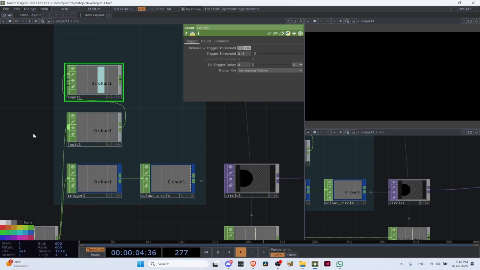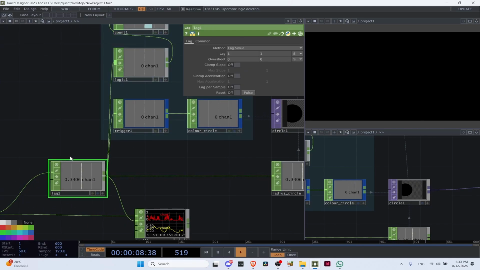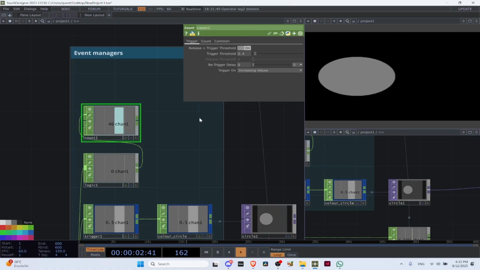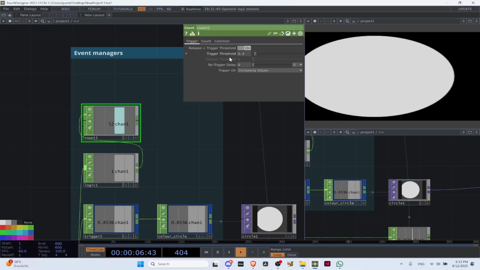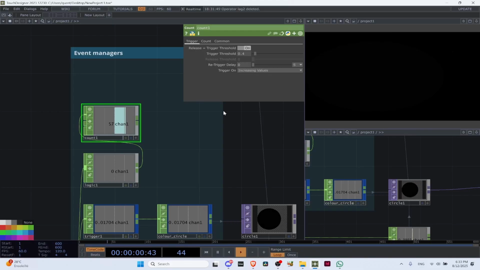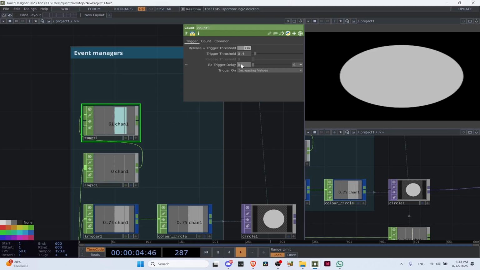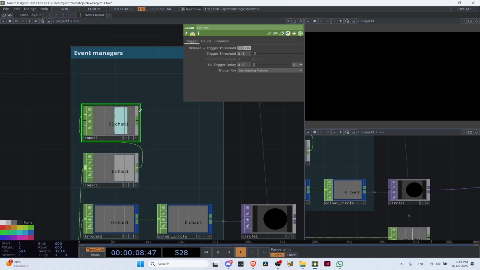Maybe I don't want to be triggered every time. If, for example, in less than a second I go above 0.4 two times, I don't want it to count as 1. Maybe I want to put what we call a re-trigger delay. It's to wait a bit to get re-triggered. So here I would say half a second. And now you see that I'm running